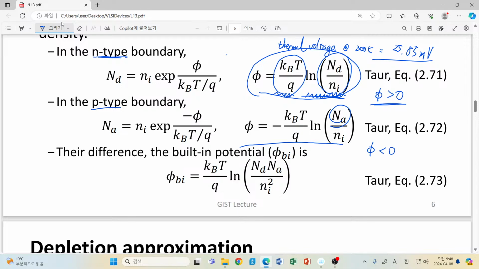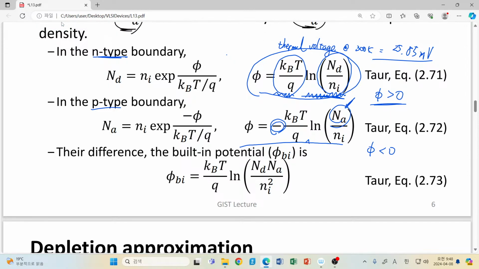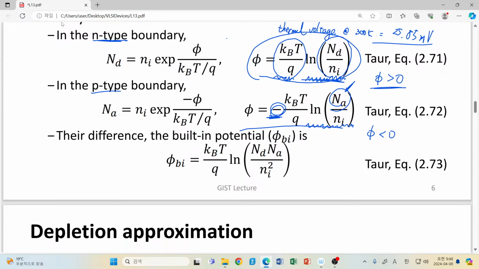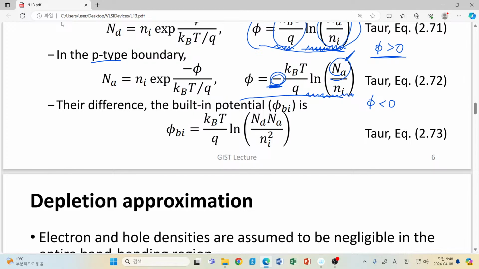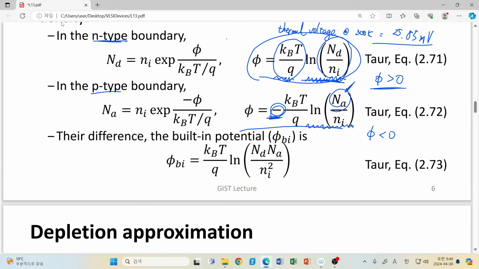Where can you find the negative sign? Yes, here you have a negative sign. If your acceptor density becomes higher and higher, then your natural logarithm has a larger value. However, since you have a minus sign, you have a negative value, and their difference, that is given as